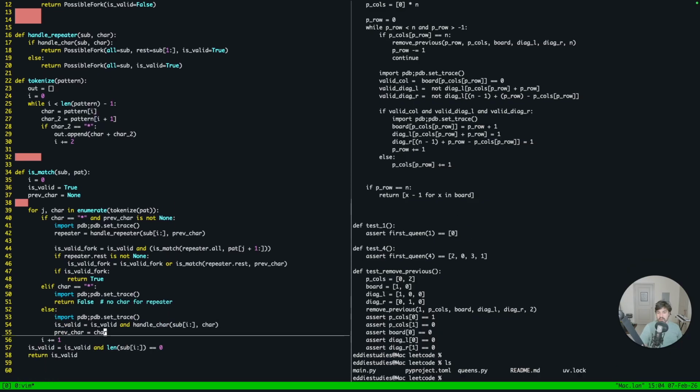This is always true, so we don't have to worry about the handle repeater. And then here, handle char dot is valid. I don't know if this will work. There's a lot of copying here, so I suspect I can do this a little bit better, but for now,